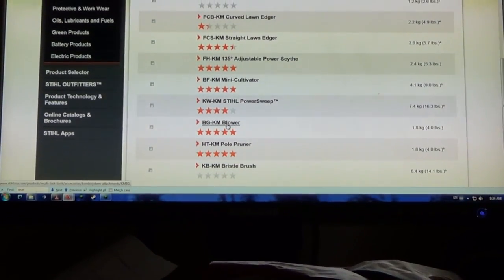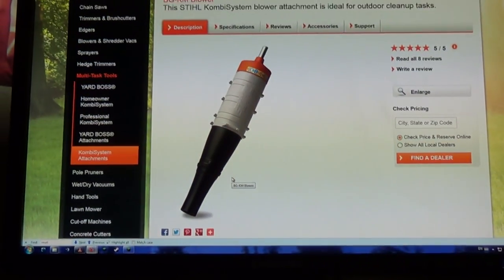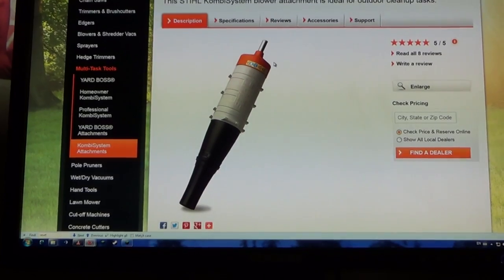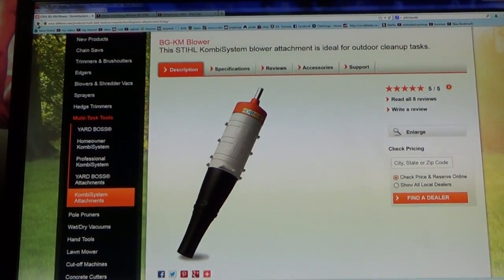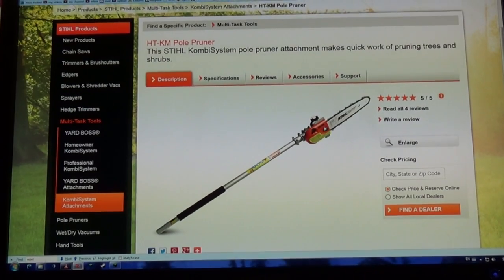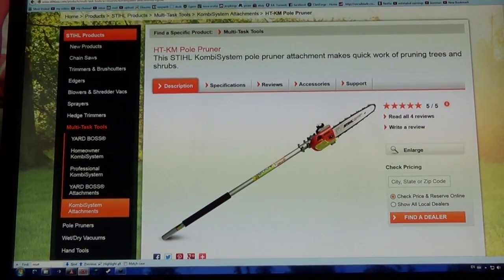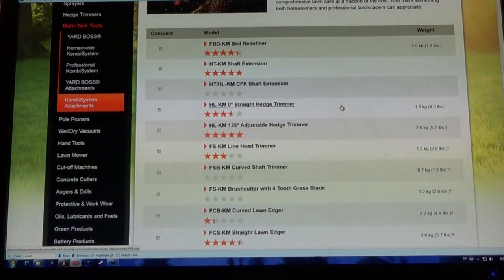Now this thing's cool. It's like a leaf blower. I don't have one of these yet, but it's like a freaking jet engine looking thing. And apparently it works really good. It sucks all the air out of the back here and blows it right through. It's pretty awesome apparently, but I don't have one of them. And the pole pruner, I got one of those. It's got a 12-inch bar on it, and then I put 3 of these on. You can reach like 300 feet in the air. It's pretty awesome. So yeah, they got quite a few attachments for it, and it's been a really good machine